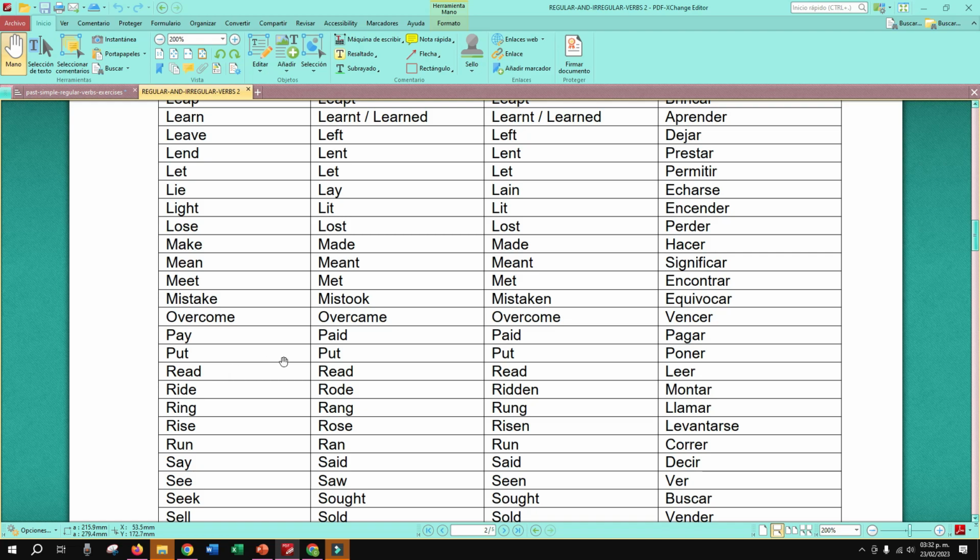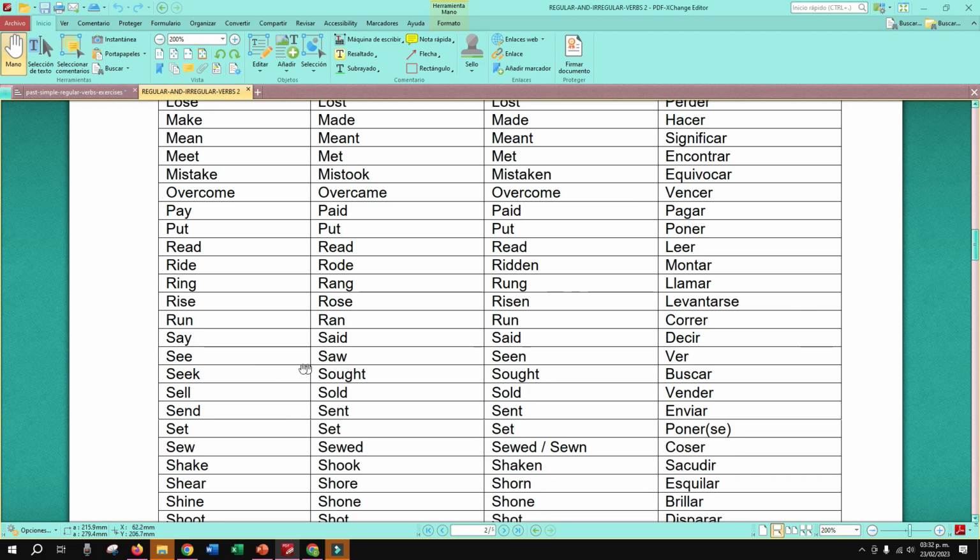Read in present, read in past, okay? Ride, rode, ring, run, rise, rose, run, ran, say, said, see, saw, seek, sought, sell, sold, send, sent, set, set,